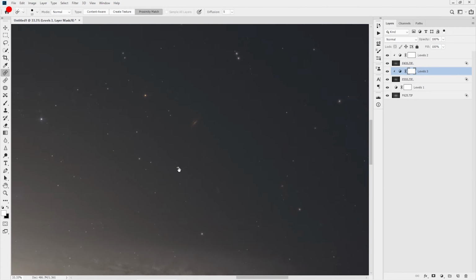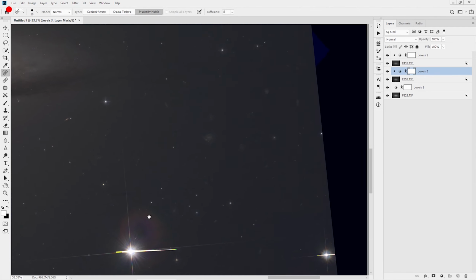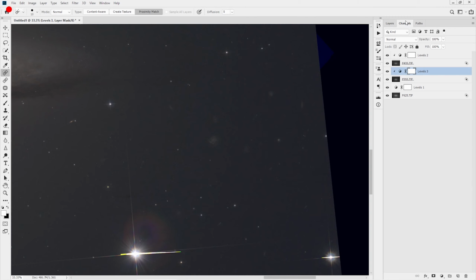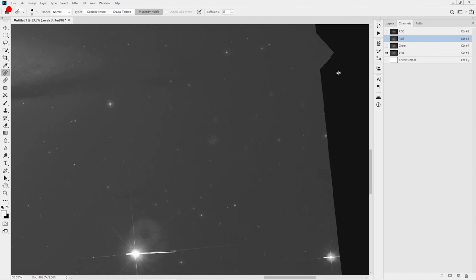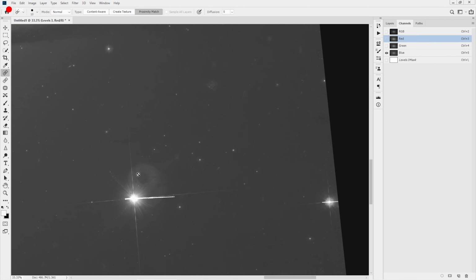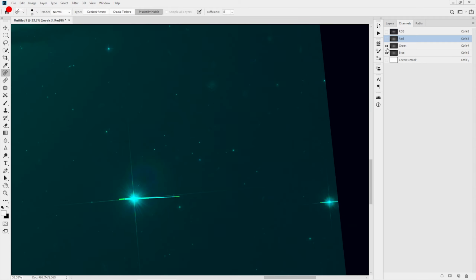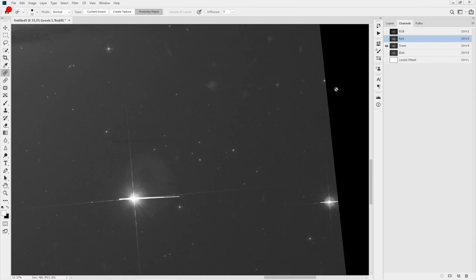So we are going to the channels section of Photoshop. Here you can see red, green, and blue, and we can see the blue things. We can easily fix this by making a levels adjustment that is only applicable to this portion, and this will remove this part. Similarly, we are going to do it for the green, and in the same manner, we are going to do it for the red channel, and then it will fix this.